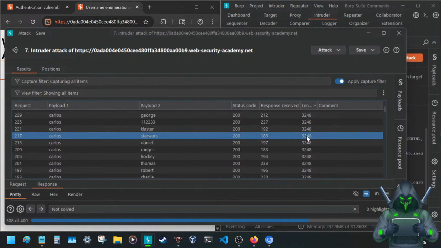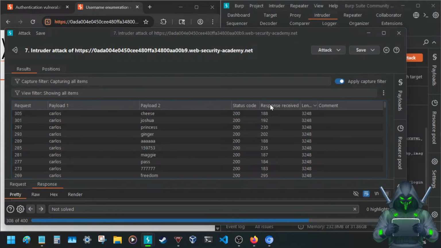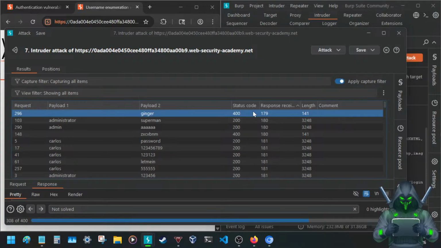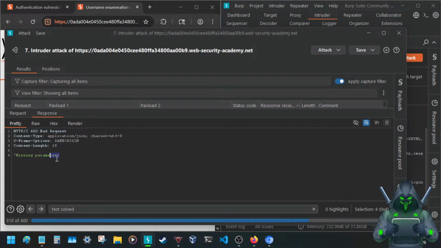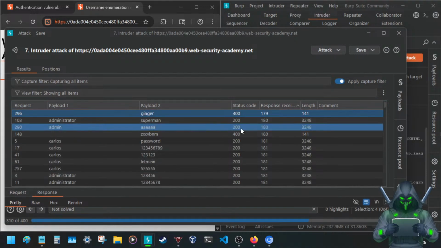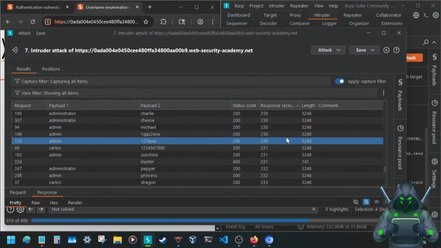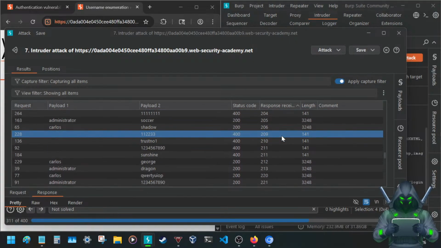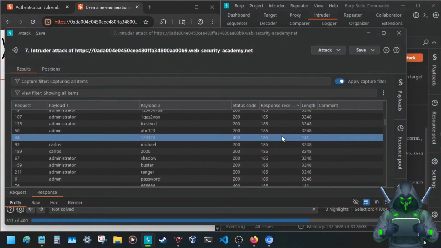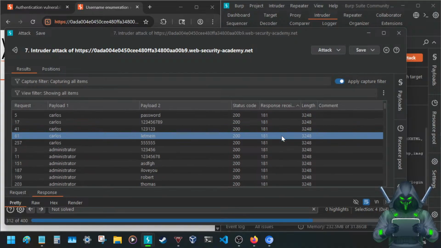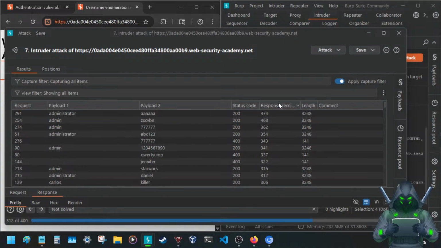So it's 3248 all around. The status codes are the same. We're ignoring the 400s because we know why. There's no payload in the thing, so it's a missing parameter. Let's see, missing parameter. So we can ignore that. And most of the responses have all kinds of stuff in here. From what I recall, because I've done this lab in particular, it was